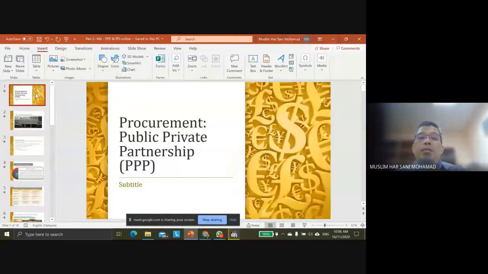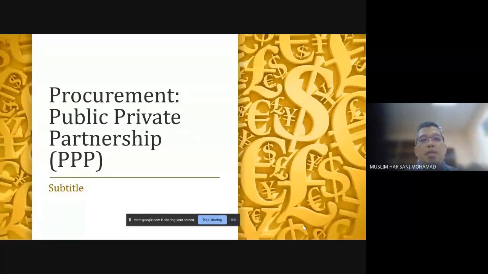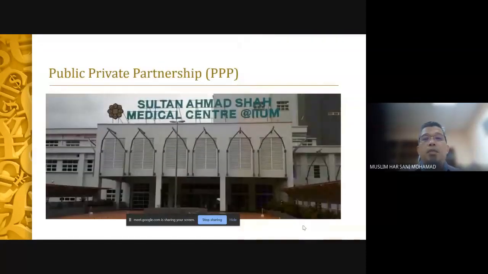Okay. So today the topic is public-private partnership. Okay, it's part of a procurement process. It's an extension of the previous class. Just that PPP, the scale is quite big, big scale type of projects, and it takes also a duration of time. It's longer than 1 year. So the government working with the private sector, they have a platform. One of them is public-private partnership. Okay, and we'll see examples.